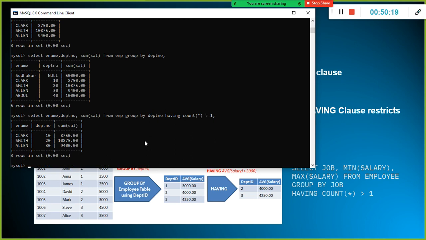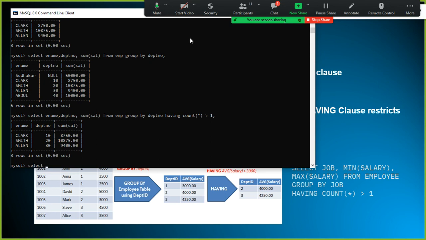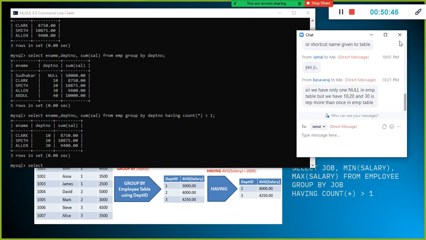See, within these grouped values, I wanted to see more than one employee, at least more than one employee in the department alone, I want to do some kind of group by. If you look at the department number here, we have only one null in the employee table, but 10, 20, 30 are repeating more than once in the employee table.